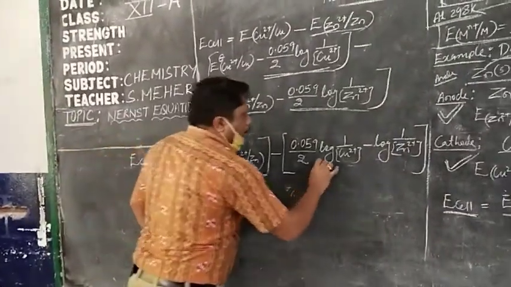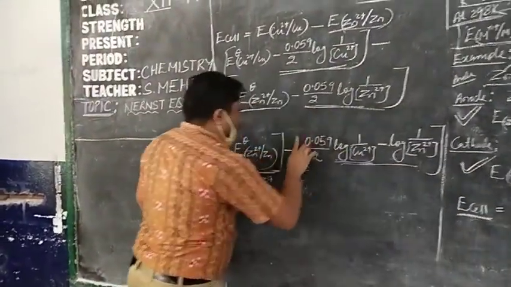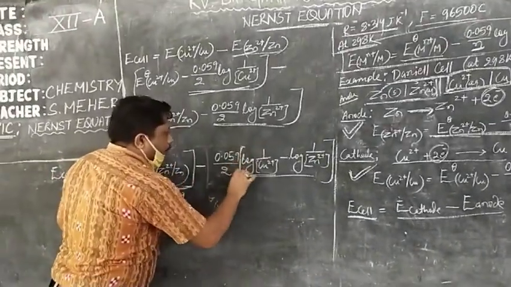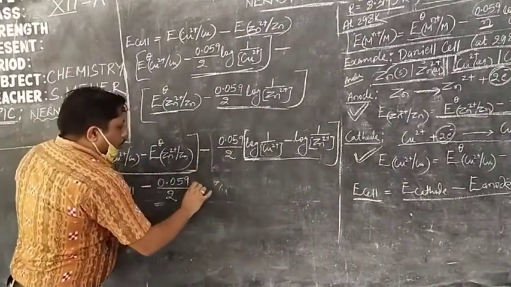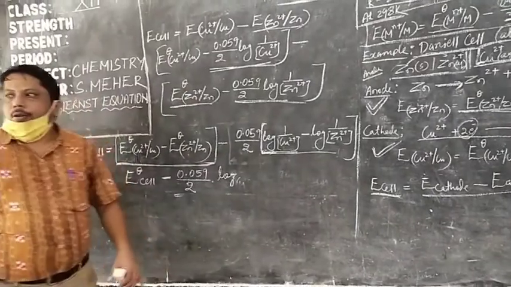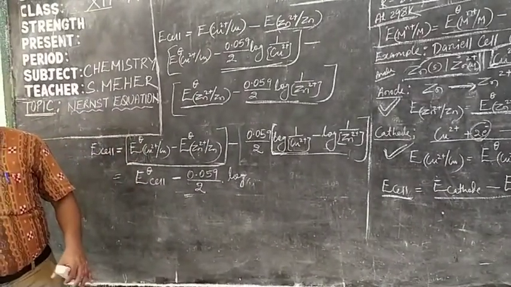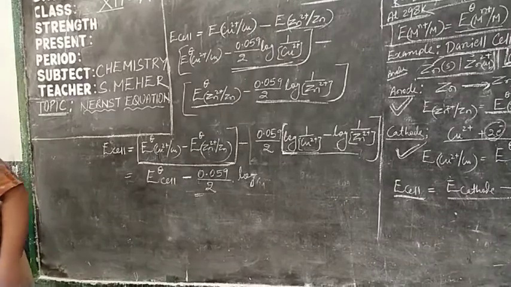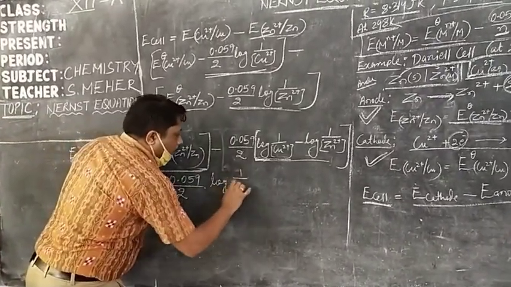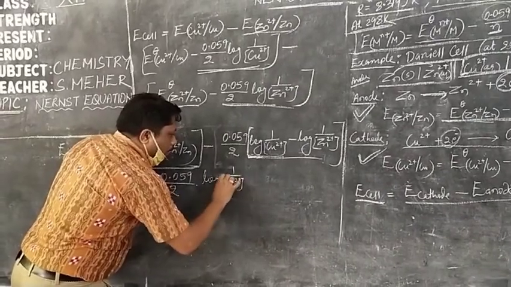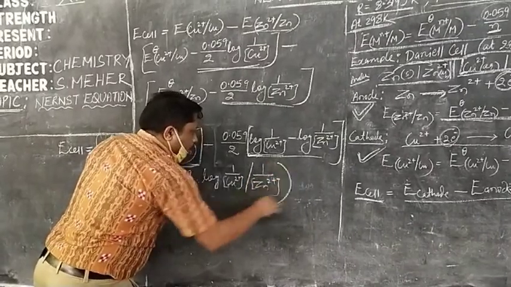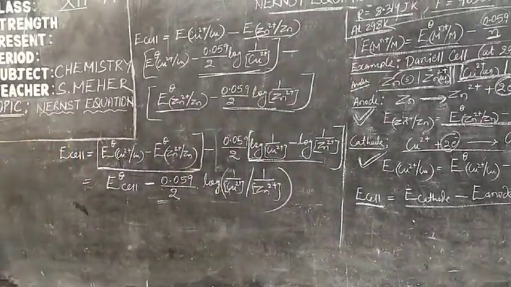You know log A minus log B; you may put the bracket here also, since it is common. Log A minus log B is log A by B. So log of 1 by Cu2 plus divided by 1 by Zn2 plus, and if you simplify again, you will get